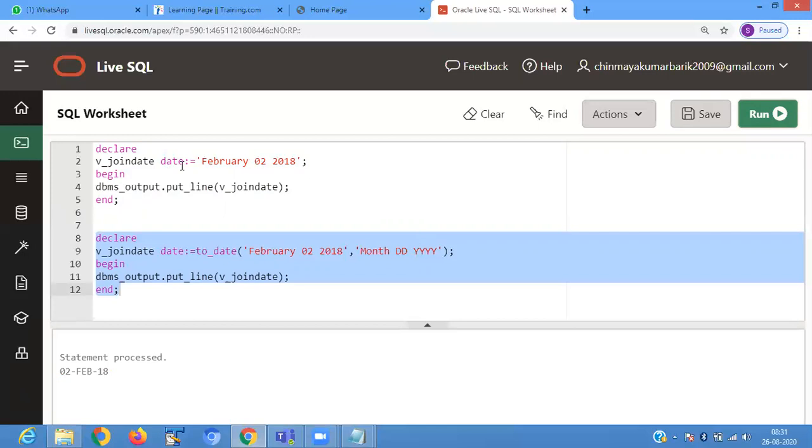You are passing it as a date data type, but it is not converted into date data type. So we need to convert this string into a date data type using TO_DATE, and in which format you want to display, in month, date, and year format.